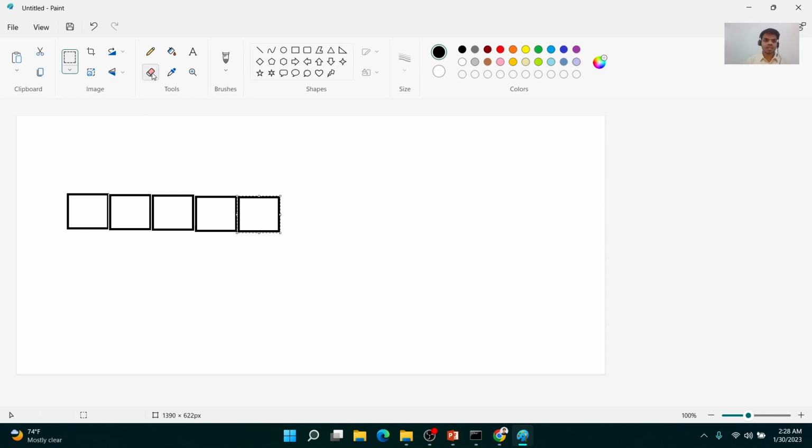Suppose I'm storing here different values. Maybe I'm storing here Tokyo, and here I am storing New York. Out here I store Mumbai, Delhi,